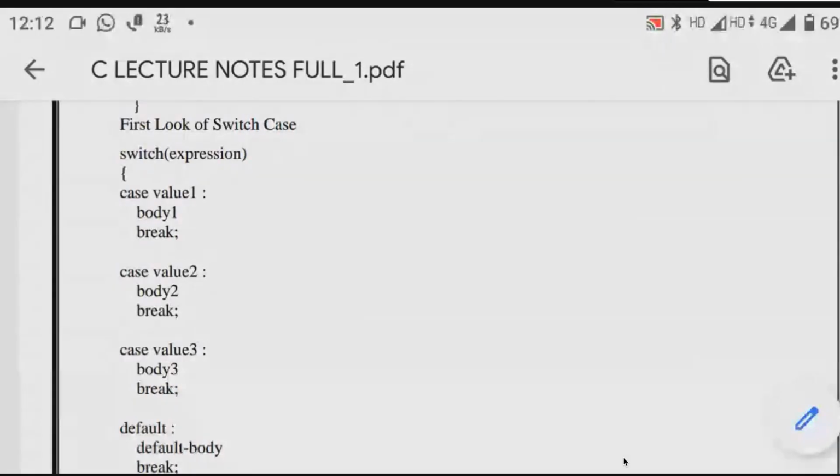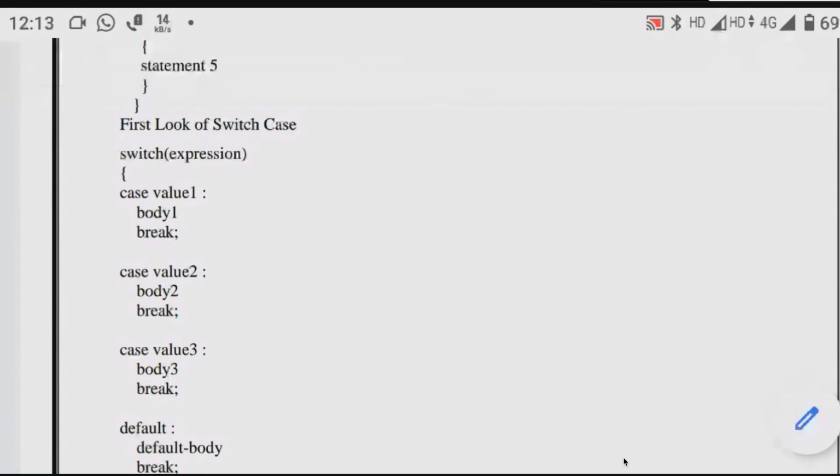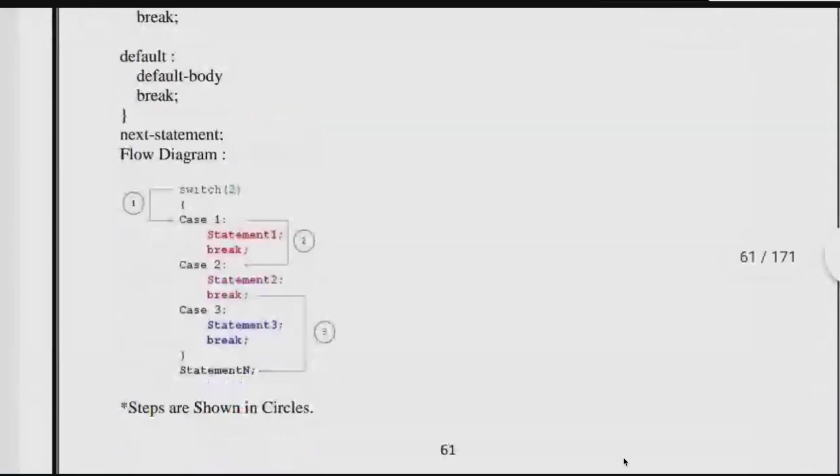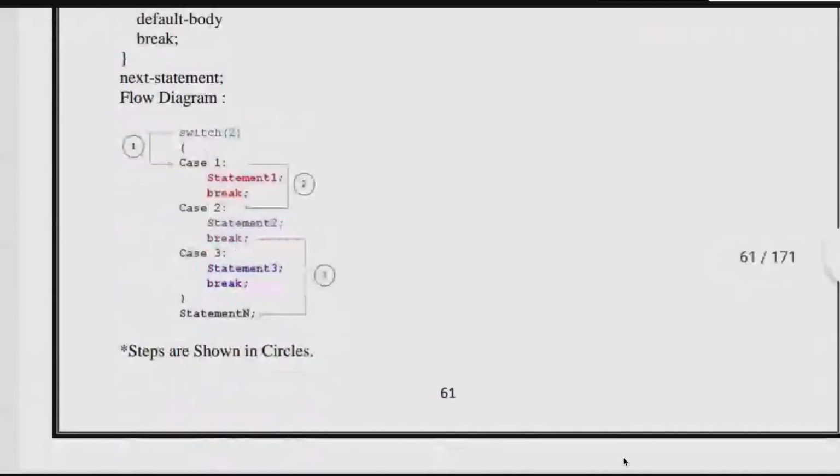So why are we introducing that break? Why waste the time? Once it is done with the first case itself, there is no need to read the rest of the cases in that switch case. It will come out from the loop. That is the meaning of it. So we have seen up to this in the previous class, right?